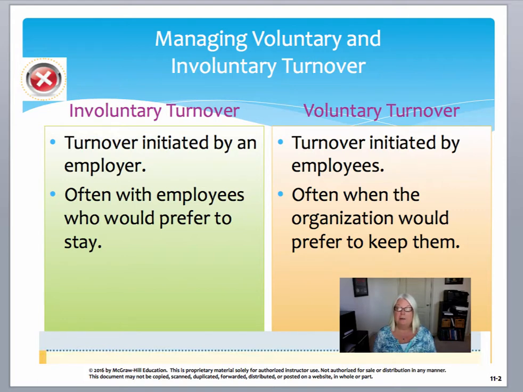So typically the employees who leave voluntarily are either the worst performers who quit before they're fired, or the best performers who can easily find attractive new opportunities. So it's very important that human resource management can help the organization minimize both of these types of turnover. But when turnover is necessary, HRM needs to establish policies and procedures to make sure that it's being carried out effectively and will not violate company policy or law.